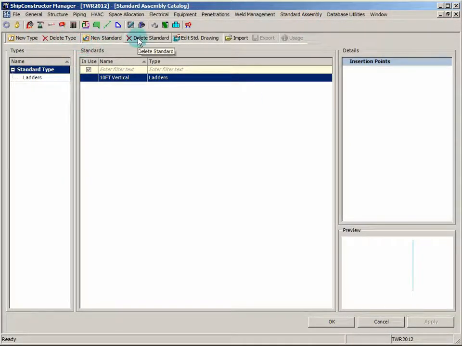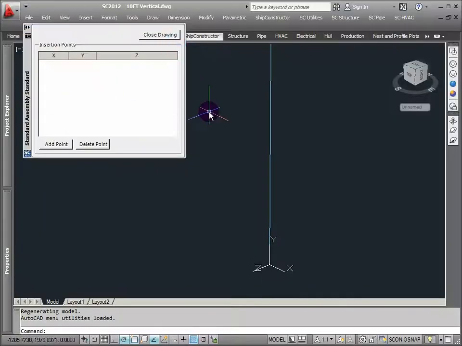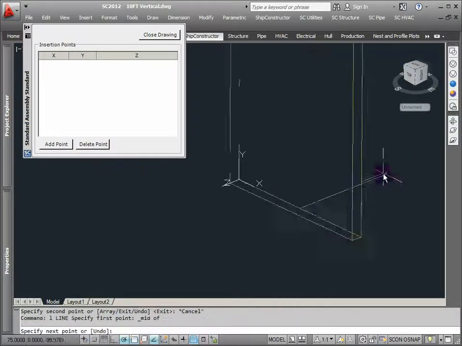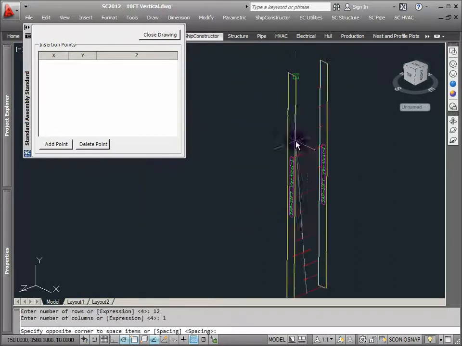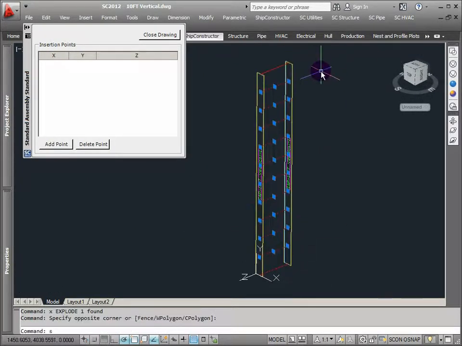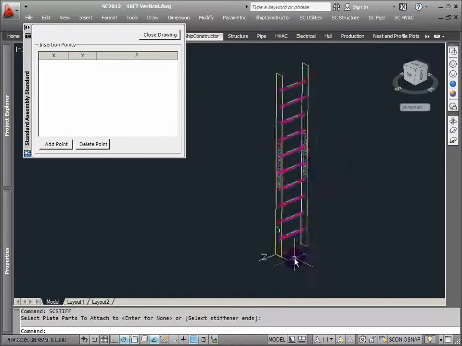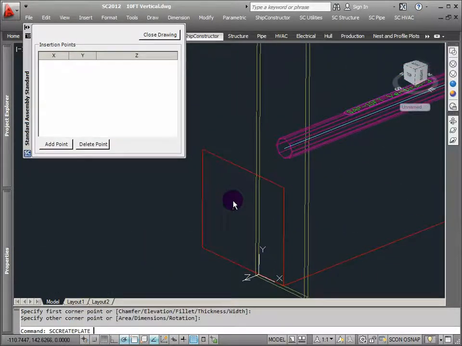where I have a type and then I can define individual different pieces of standard assemblies as a different type, and maybe I want to model a vertical ladder. I'm just going to go ahead and model it real quick. I've had a lot of coffee that morning. I was moving 1,000,000 miles a minute, and